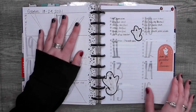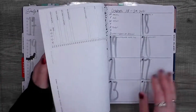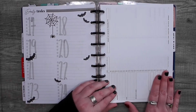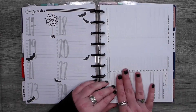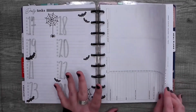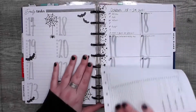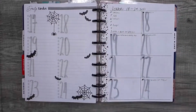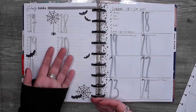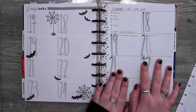So basically what I did is I've set it up. I also have some daily printable sheets in here that I printed from Fashion Planner. Probably going to use these on Saturdays and Sundays, just to help me keep on schedule for filming. But basically what I did is made it so that I can use the checklist for my Nano and other tasks, and I can use the dashboard for